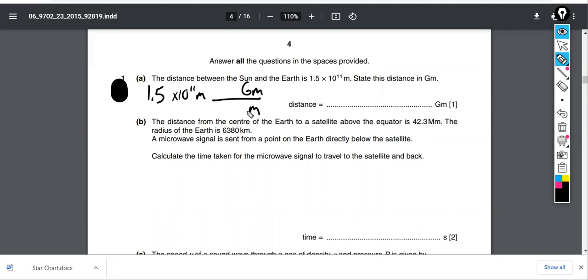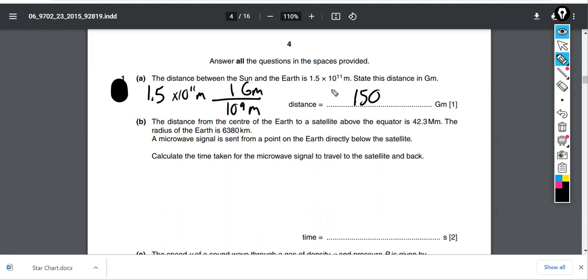So this is just saying how many meters in a gigameter. In 1 gigameter, there is 10 to the 9 meters. In other words, giga means 10 to the 9. This is just the same thing: 1 gigameter per 10 to the 9 meters. Now we just divide by this. I think that's effectively like canceling out 9 of these zeros. So it should be 1.5 by 10 to the 2, or what's that, 150